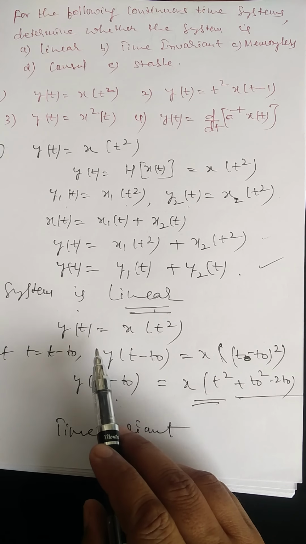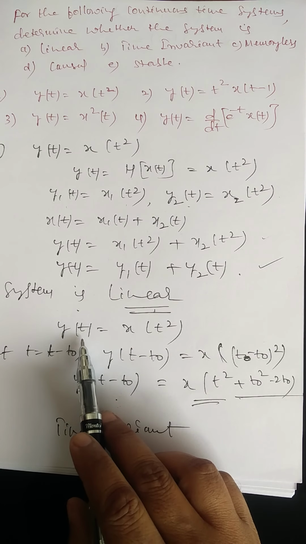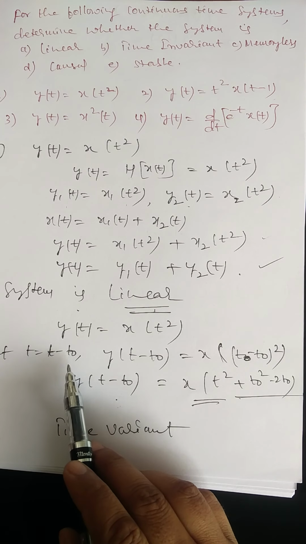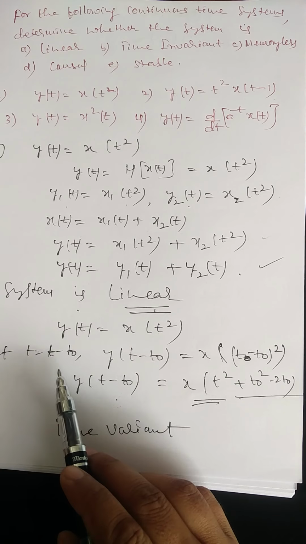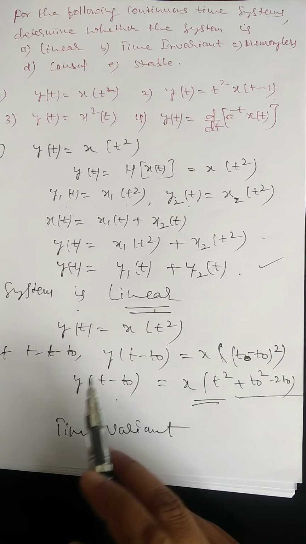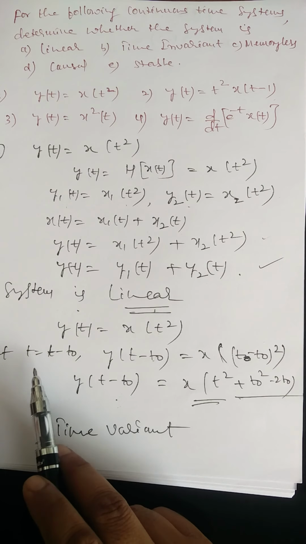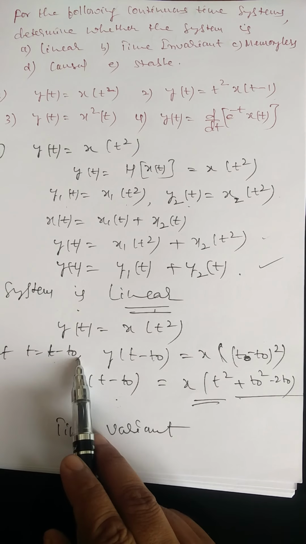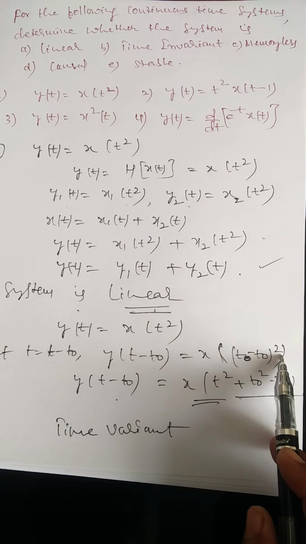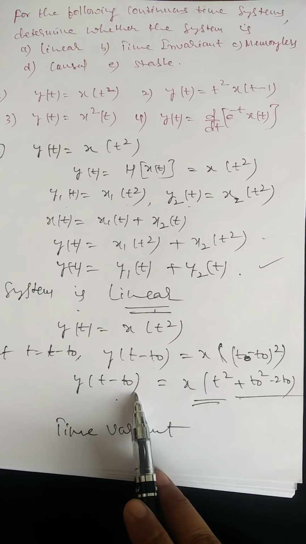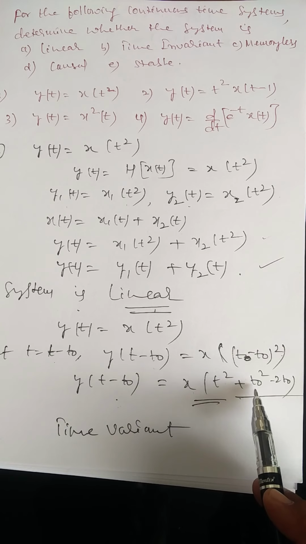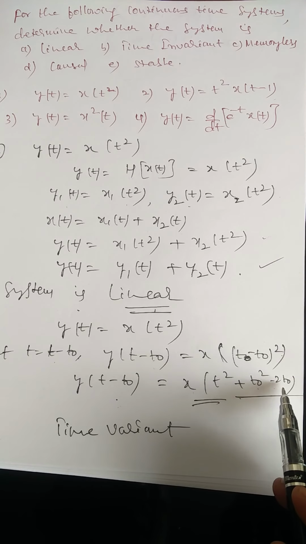Next, to check its time invariance property, let us take y of t is equal to x of t square. You know that the time invariance property says that if there is a delay or advancement in the input signal, there must be a corresponding delay or advancement in the output signal also. That's why, to check that, replace t by t minus t naught. Y of t minus t naught is equal to x of t minus t naught whole square, that is, t square plus t naught square minus 2